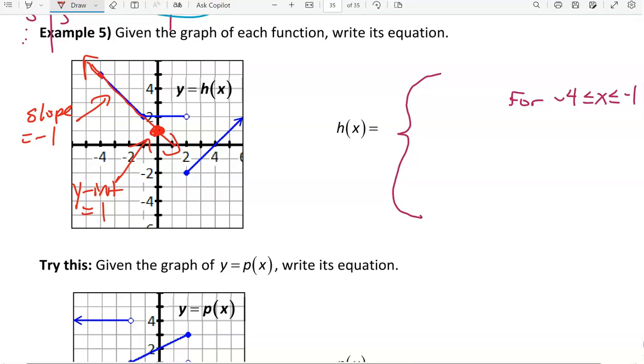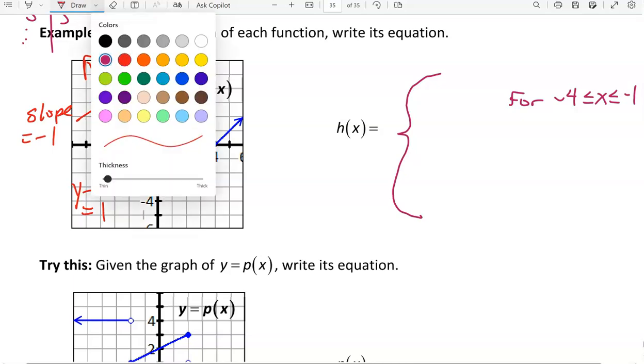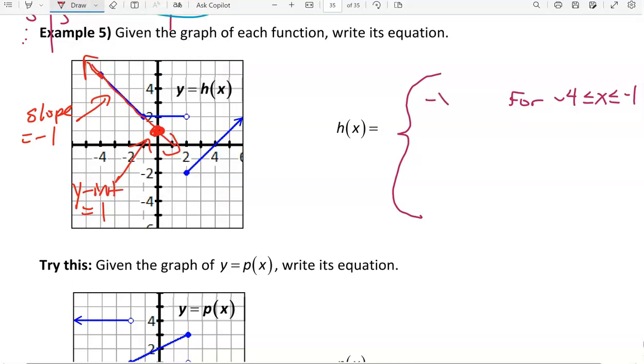So now I have its slope and its y-intercept, so y equals negative x plus 1, or negative 1x plus 1. Notice that I don't write y equals because y equals is over here on the left side of that curly brace. All right, I'm going to get rid of my drawing on top of that graph,